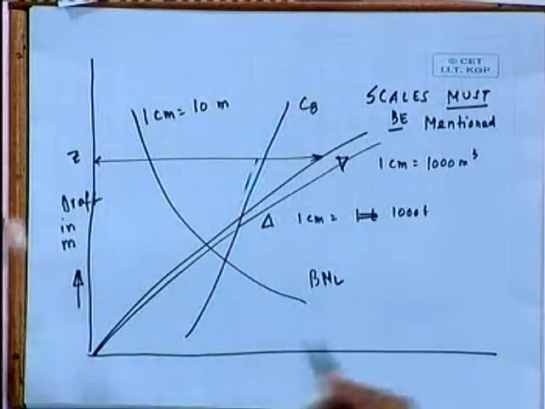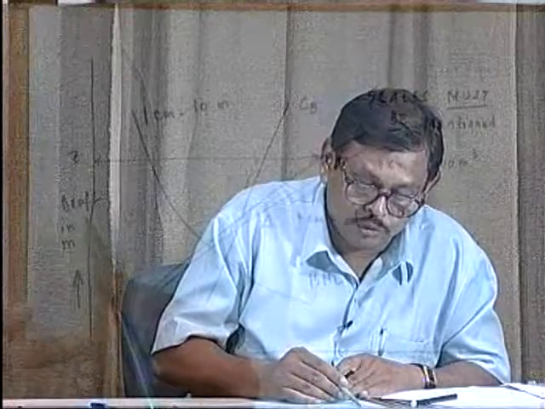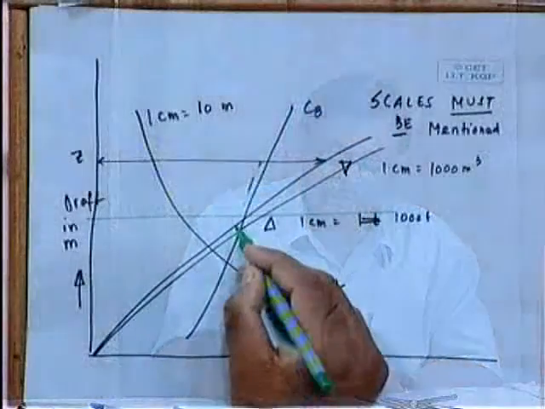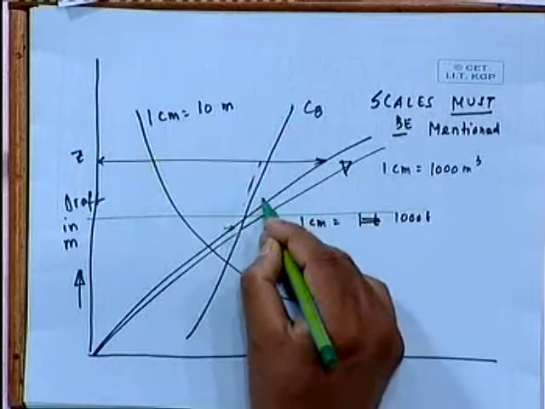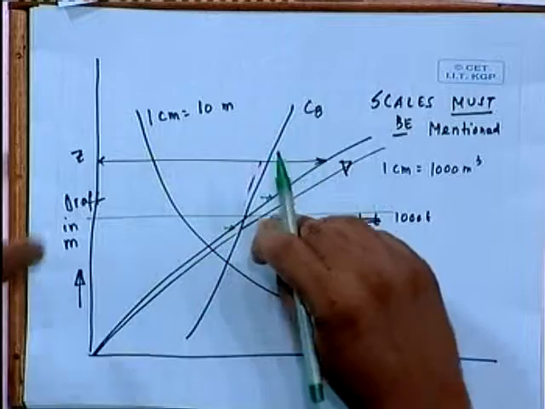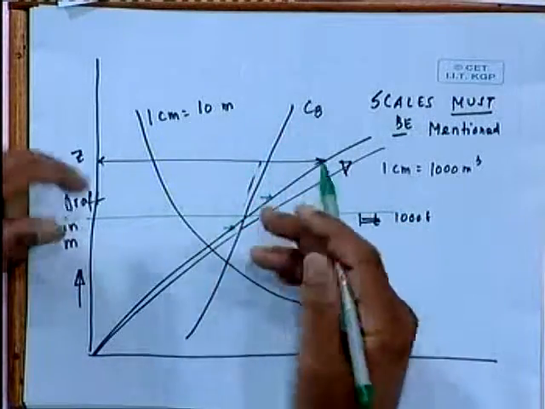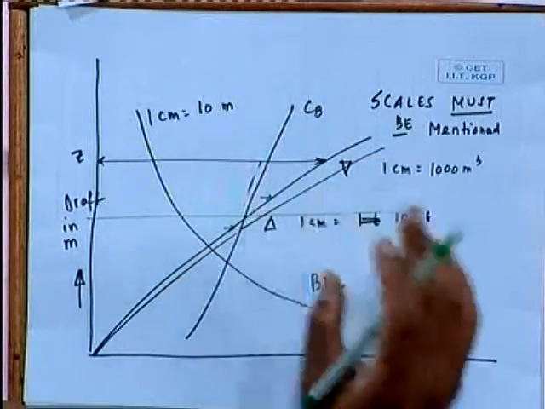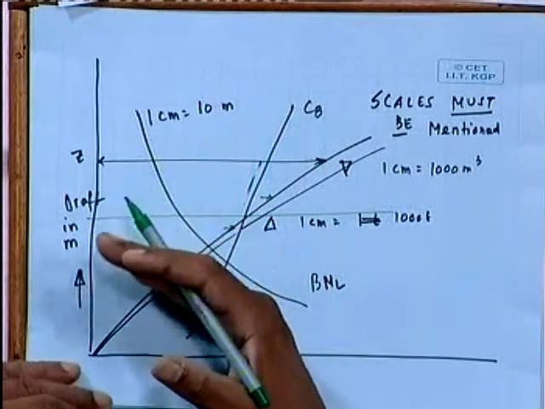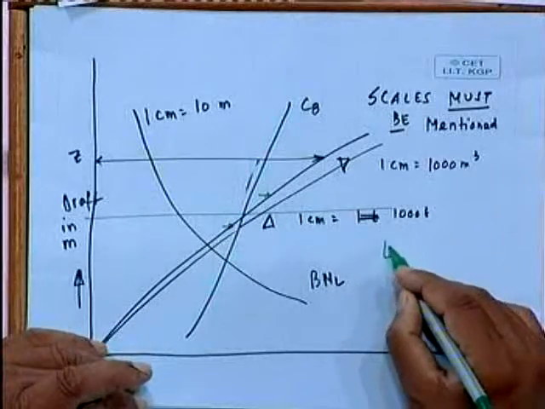Now the beauty of this curve, of course, as I said, ultimately is that suppose now you have the graph and you know the ship is actually lying at this level, which may not be the calculated point. The calculated point was this. You can easily go to the plot and measure by putting a scale, and tell me that okay, that means the ship's volume is so much of meter cube. So I will know all the hydrostatic characteristics of the hull for a given draft. The only problem is that this is normally for even keel,